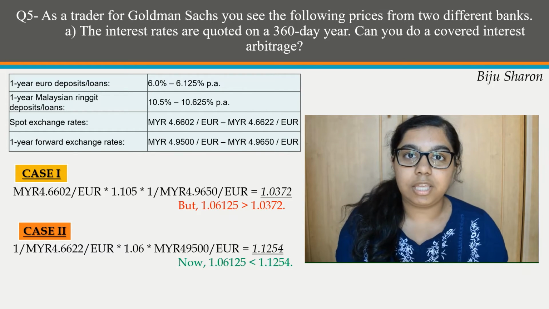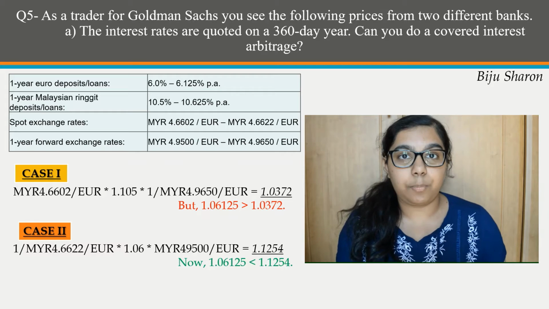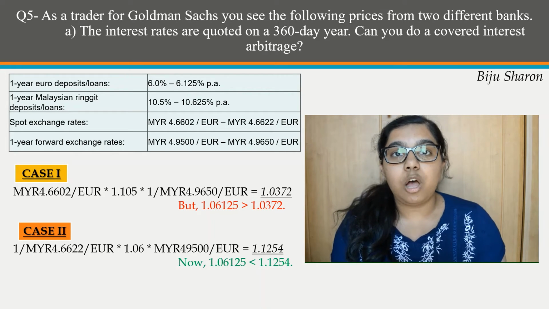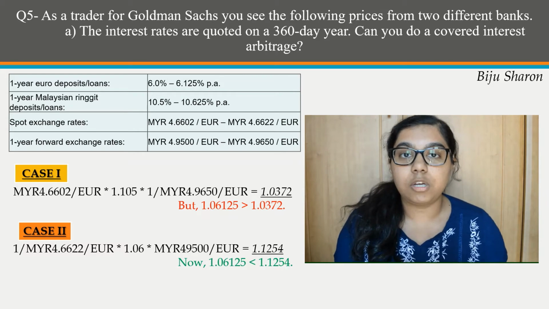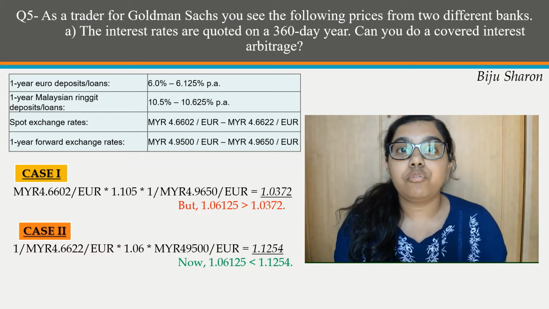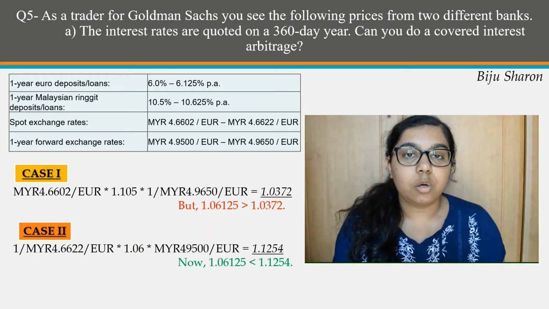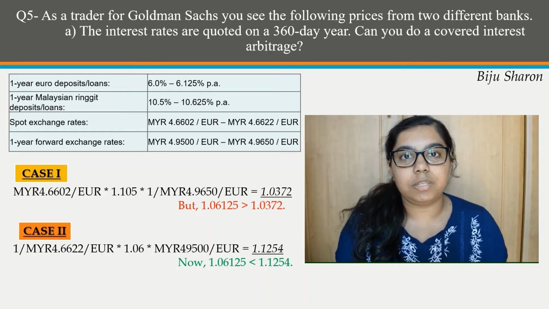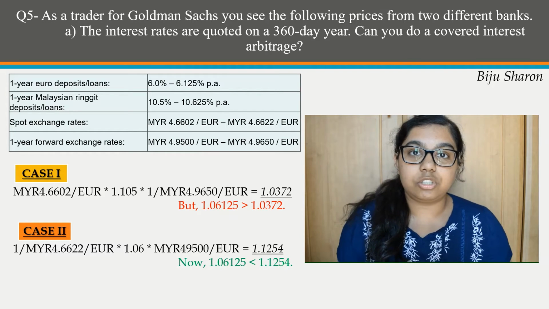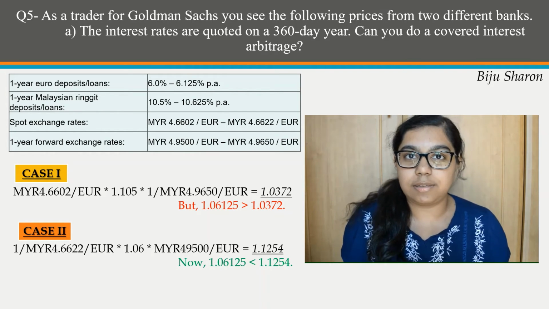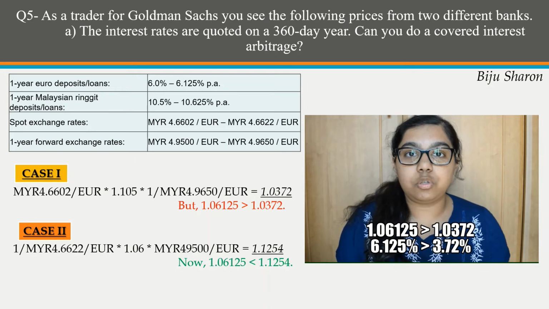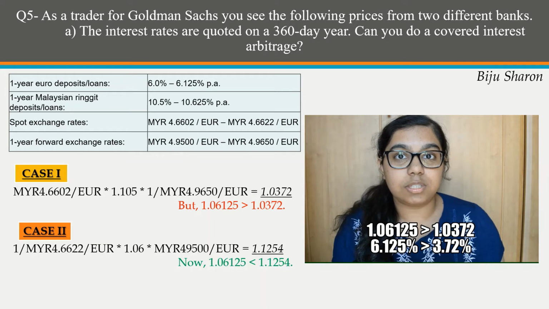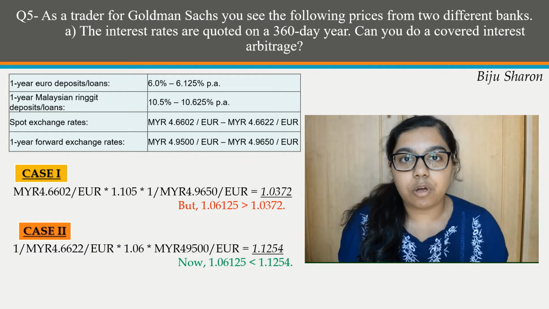Now step 3 would be to use these ringgits and deposit them at the rate of 10.5%. And the last step would be to sell these ringgits, principal amount plus any interest that we've earned, for euros at the forward rate, which is 4.960 Malaysian ringgits per European euro. After the calculation, we are left with 1.0372 or 3.72%. But this is lower than the cost that we paid when borrowing euros in the first place. Thus, we do not make a profit in this case.